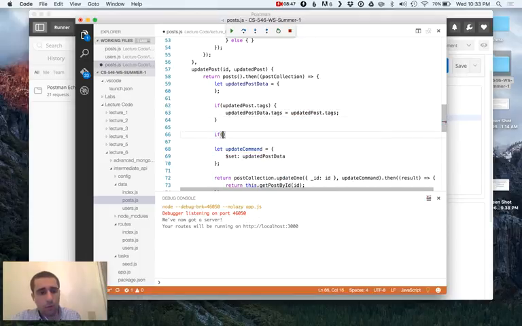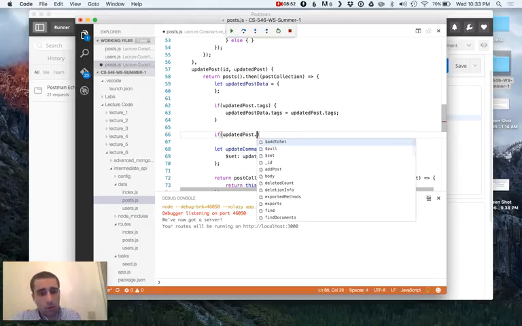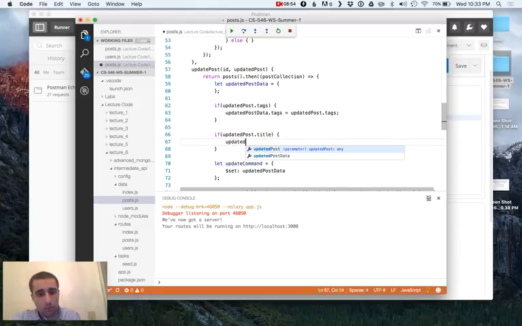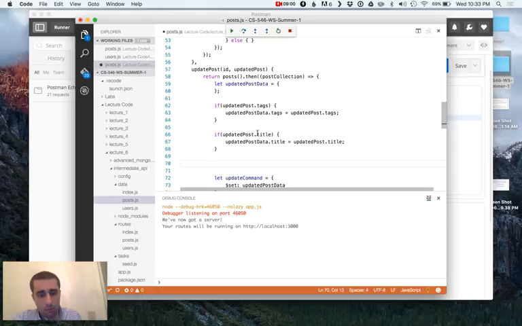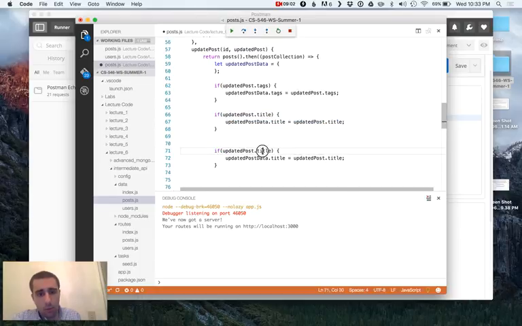We'll allow them to change the body or the tags or the title. And we'll say if updatedPost.body